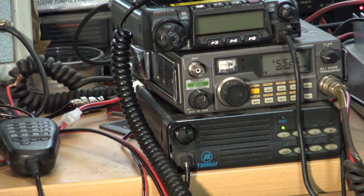Right, so here we are at Tango Towers and Mr. Chippie is out with the body cam. We're going to do the test on 2 meters, followed by the same test on 70 cems. If it all goes awry, Mr. Chippie will come through on the CB and...